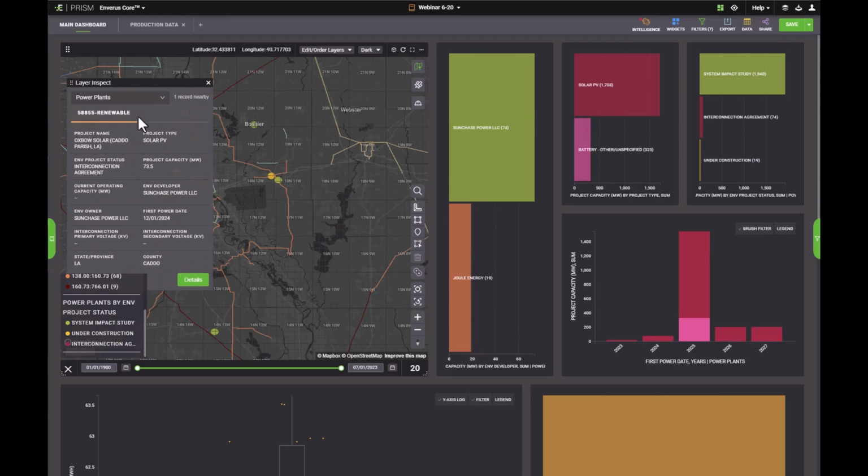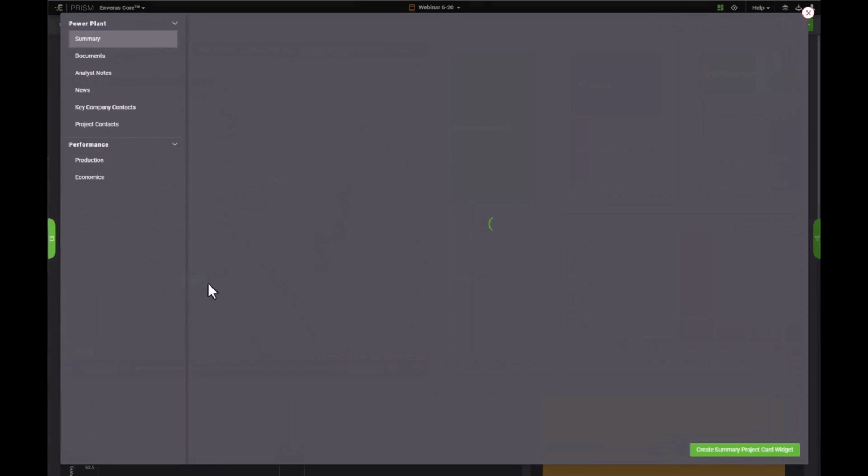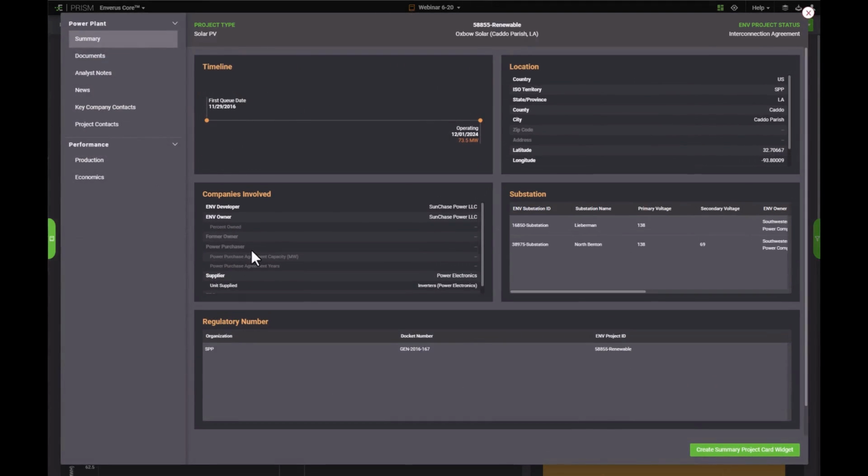So as I click on that particular project up to the north of our map extents, we'll see some high-level details on it. Things like project name, capacity, status, developers. But if we expand these details, we'll see a full picture of what's going on in this site. At the top of this page, we can see what that first queue date was, when it's planned to be commercially operational. We can see some location details on this particular project, and then we can see all of the